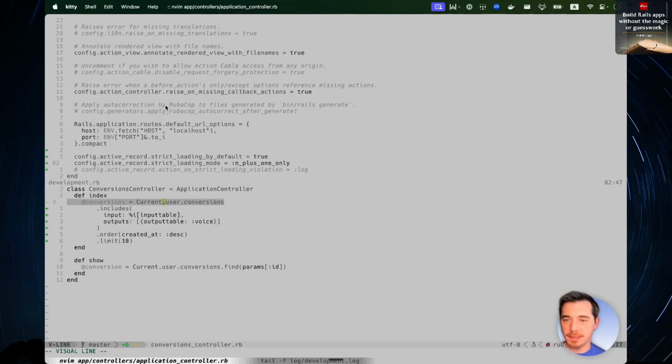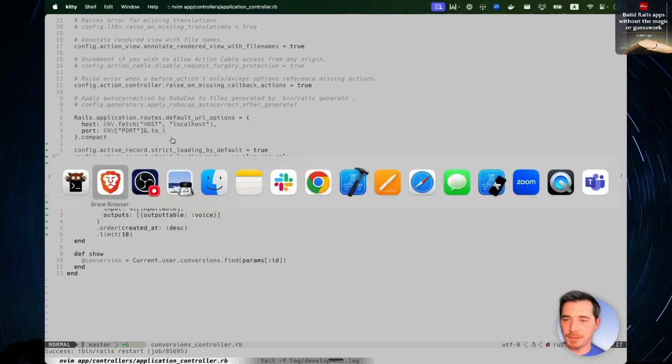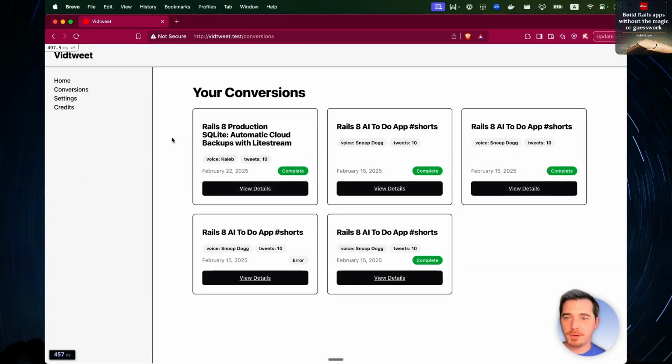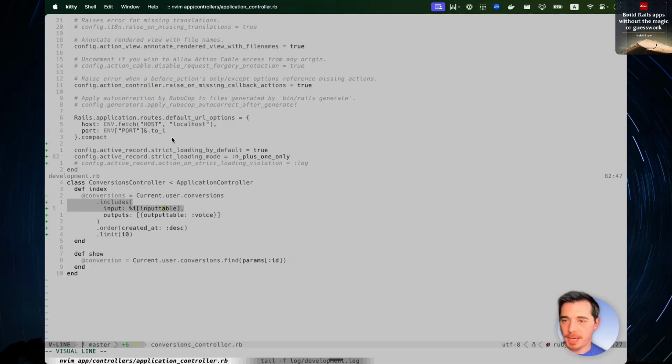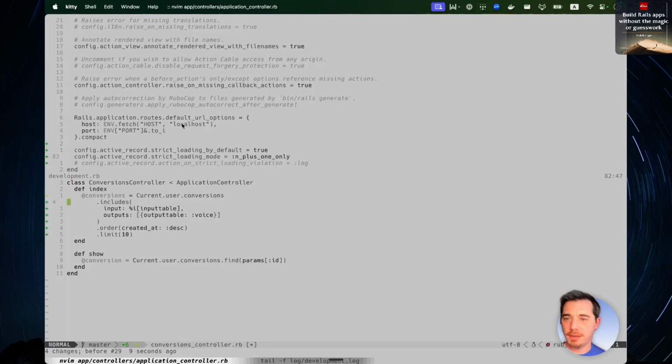And remember, that's this problem right here where you're loading a list of things, and then for each thing you are loading more things. That is N+1. We restart the Rails server, we reload the page, and we're able to reload the page. But if we make a violation of the n+1 rule, we still get the helpful error telling us to go